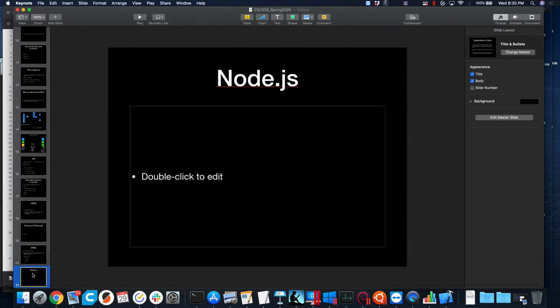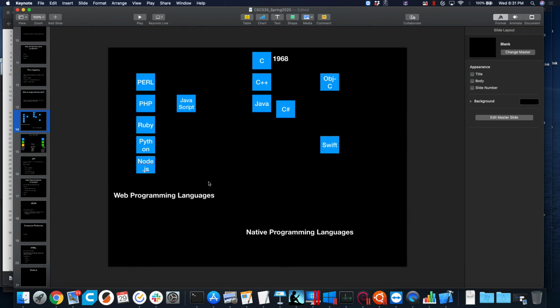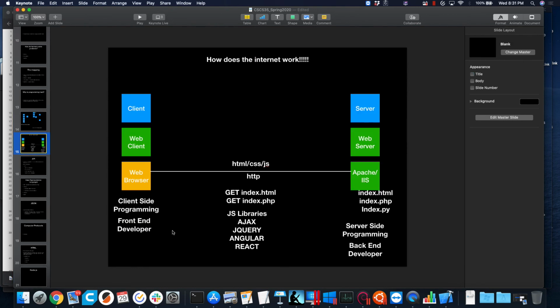All right, so let me just finish the loop here, then we'll start with programming in the next hour. How many of you have heard of Node.js? Okay, tell me anything about it. Let's go back to this chart right here. Actually, I want to go to this chart right here.